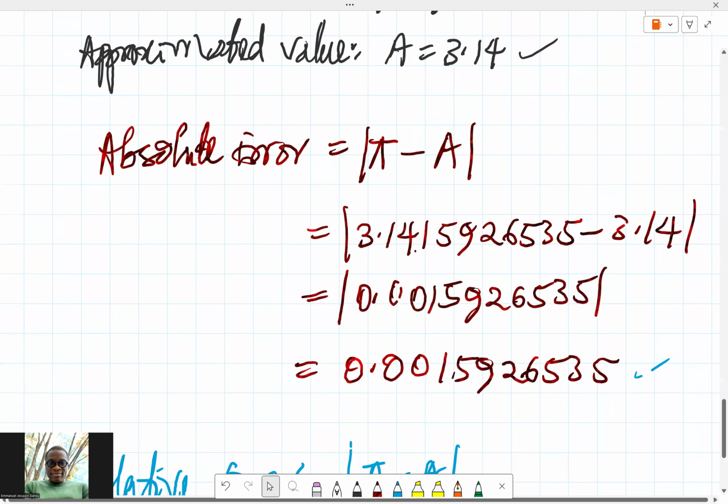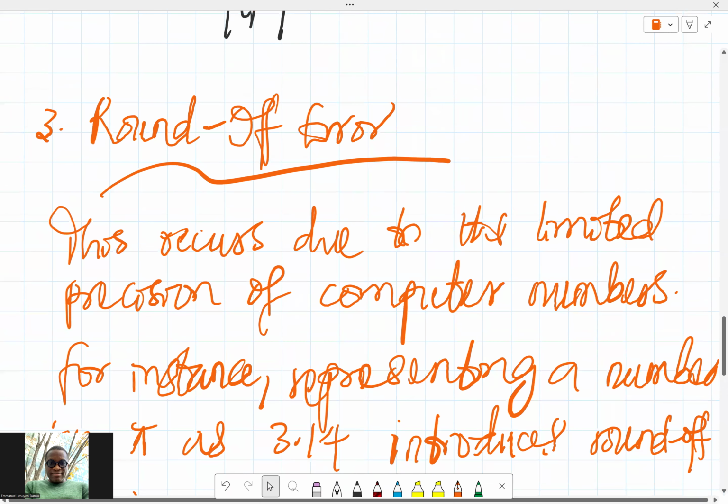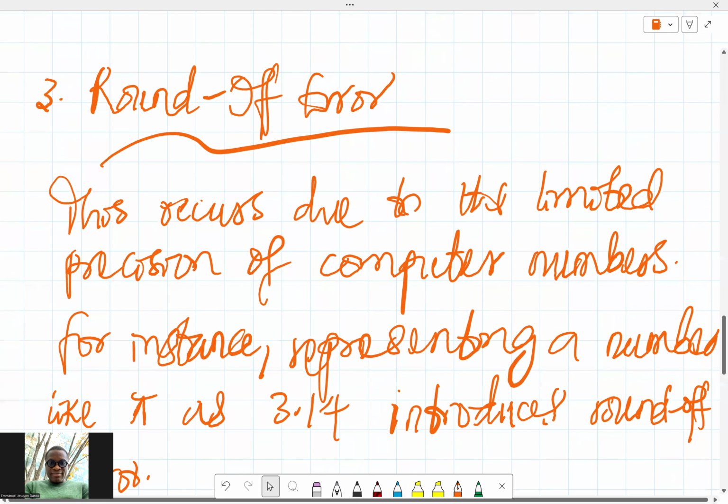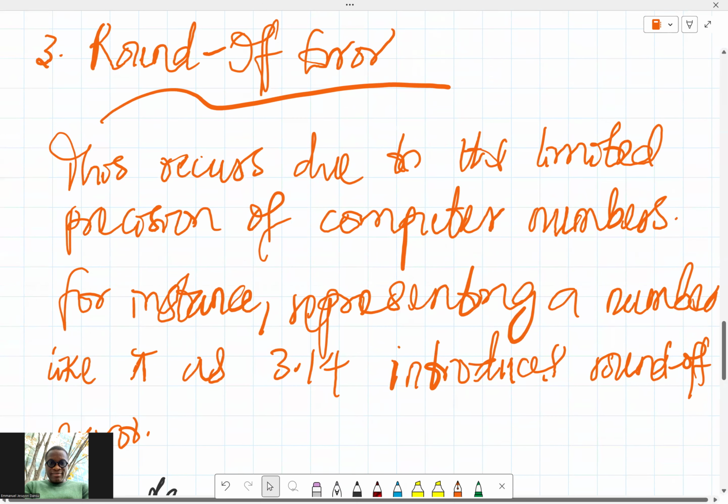I think that is worthy of mention because if you are doing, if you round off a number at some point and you now use that rounded value to do another computation, it automatically will have to affect your solution like that. All right. So let's talk about